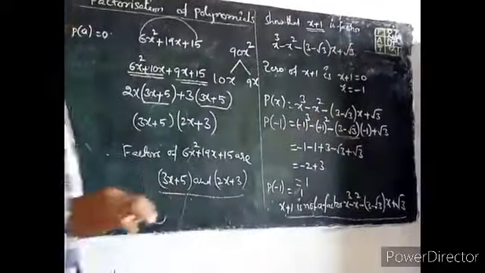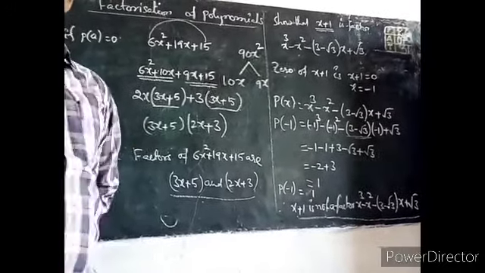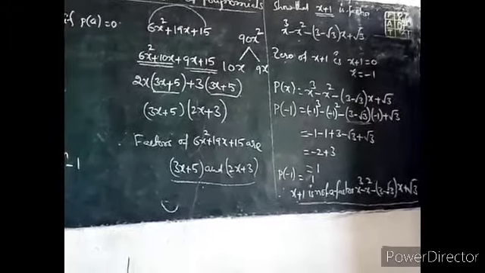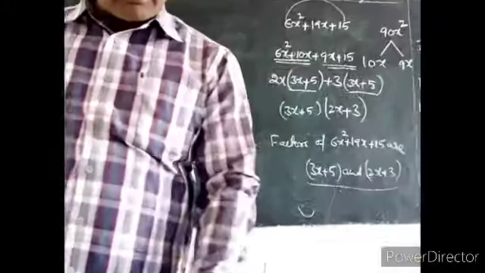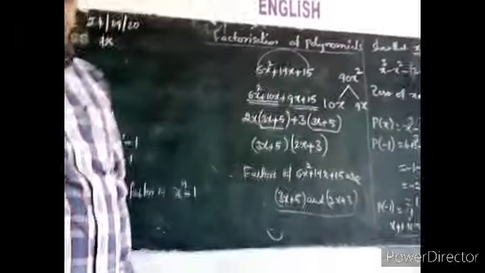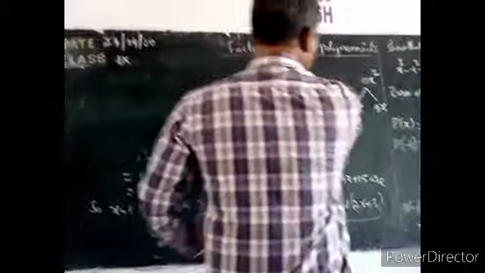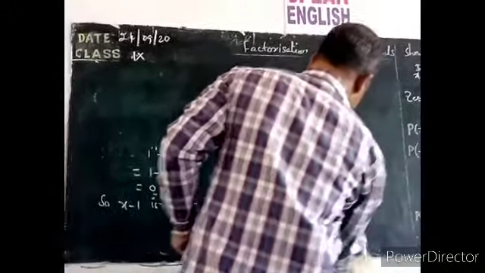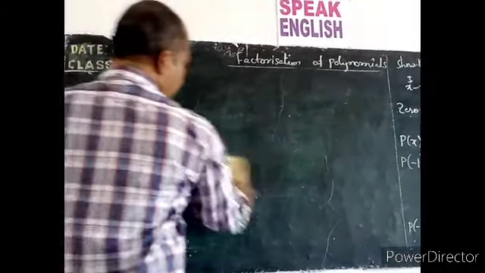This conclusion you should write after completion of the solution. Okay? Next, in the same pattern, here 3 more are there. Use the factor theorem to determine whether g of x is a factor of f of x in each of the following cases. According to the factor theorem only, it is asking. In that bit also I will explain one problem for you. Remaining problems you have to solve yourself. Which one should I explain?